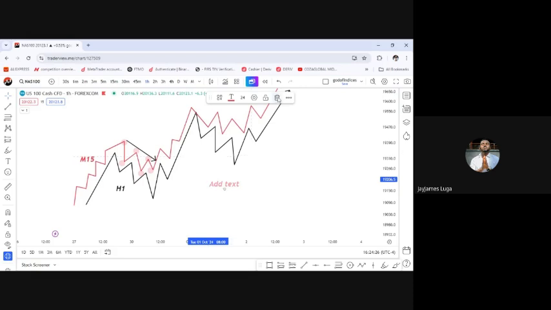The market will always respect the direction of the higher time frame, right? So let me write it on our chart here. Higher time frame. So HTF is higher time frame, right? Higher time frame direction